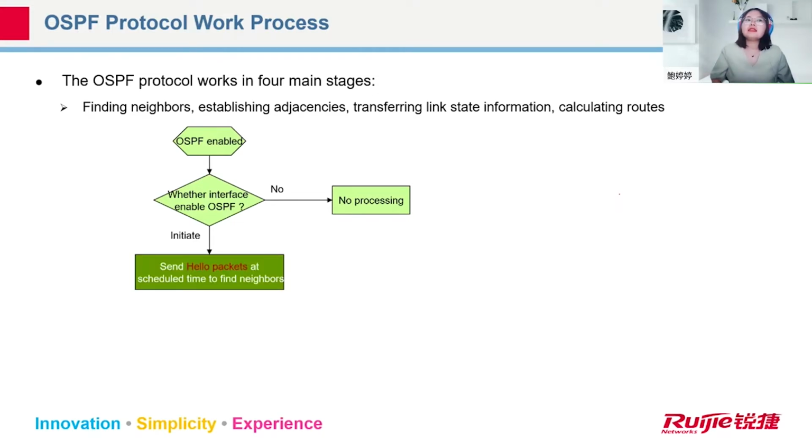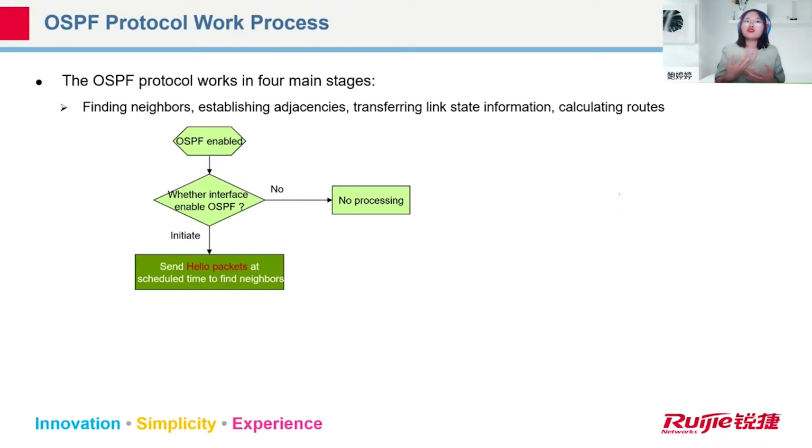If yes, then the devices will send out hello packets. And in the hello packets, we have a default time to send out. For example, in a broadcast domain, every 10 seconds I will send out the hello packets. And in the hello packets, we have lots of parameters. I will show my neighbor the area ID of my interface, my IP address, my subnet mask,